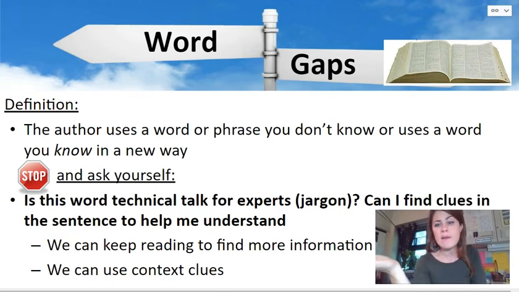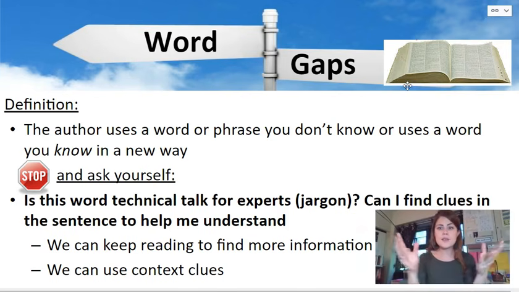And most of us look up stuff on our phone nowadays, which is super okay, as well as on the computer. In this class, you'll look stuff up on your Chromebook when you need to look up a definition of something, which is super okay. Word gaps is a signpost that means exactly how it sounds. You have a gap in your brain, not a physical one, but you know. You have an invisible gap where essentially you don't know what a word means.